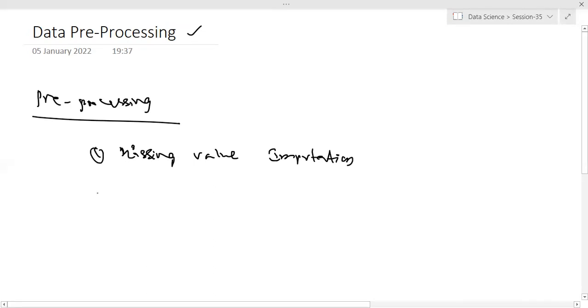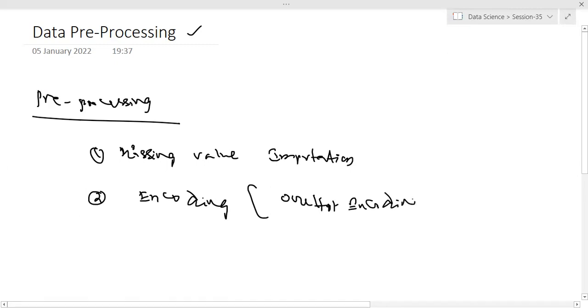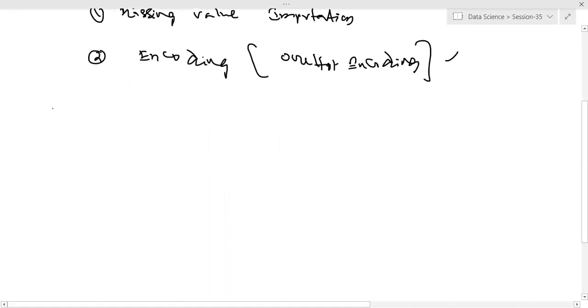And the second important thing, friends, what is that? Encoding. So far we have seen one hot encoding, and label encoding we'll see in today's session. We'll try to complete label encoding, which is very simple, and thereafter, most importantly, we'll try to work with